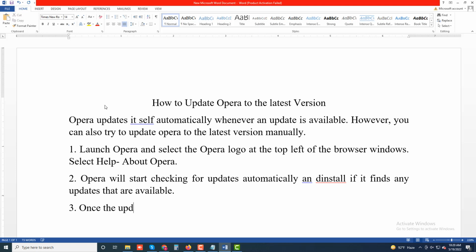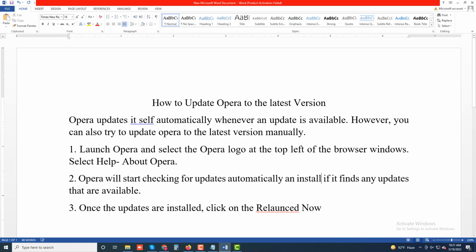Once the updates are installed, click on the Relaunch now button to restart Opera and